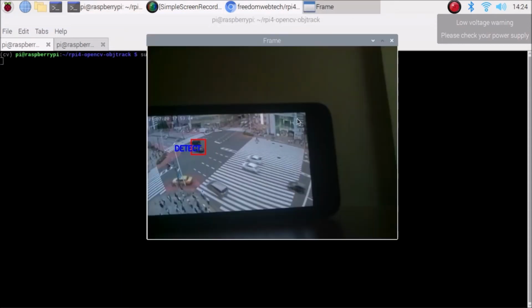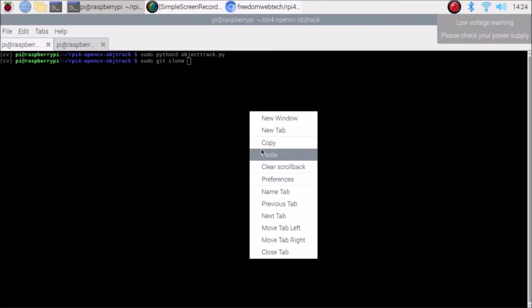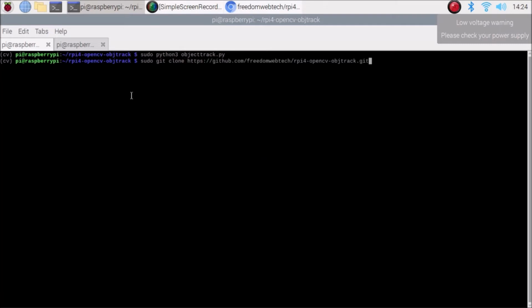First I need to close the frame, so I press q and it closes the frame. Now, as I told you, sudo git clone, paste that link and hit enter. It will download the folder, which I have already downloaded here, as you can see.